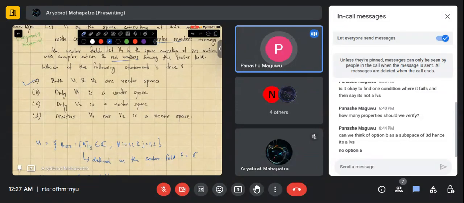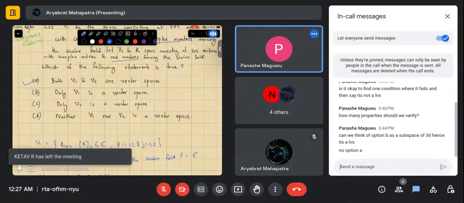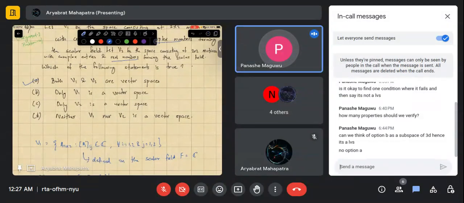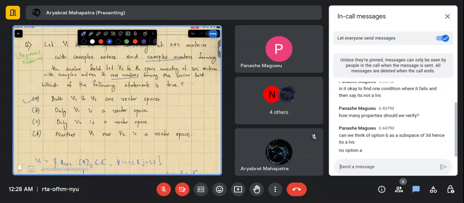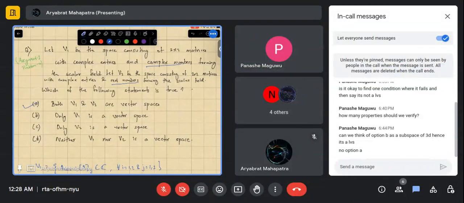Let V2 be a space consisting of 2 by 2 matrices with real entries and complex numbers forming the scalar field. Is it true then to say that V2 is a vector space? Suppose V2 is constructed by 2 by 2 matrices whose entries are real, and the field is formed by complex. In that case, I think they should form a vector space because